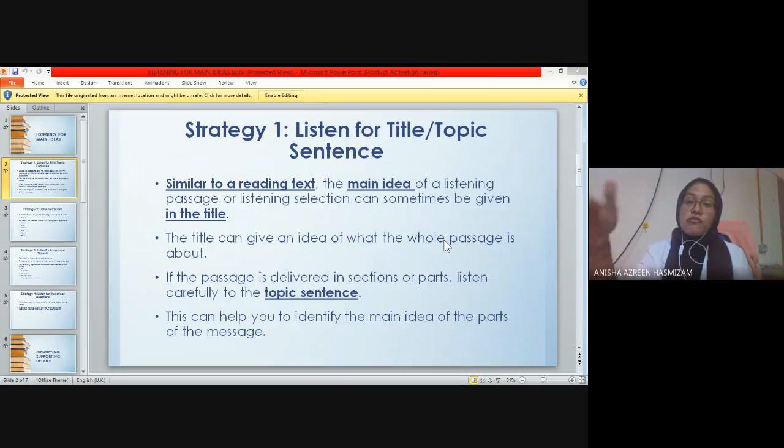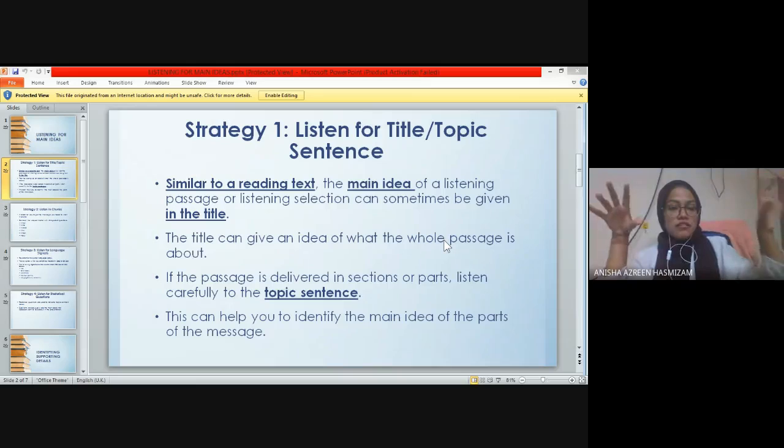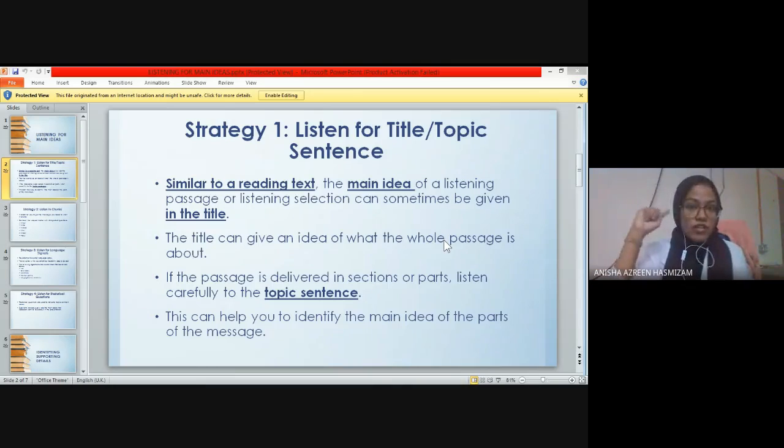Kalau dia tengah cakap pasal recycling, you akan dengar banyak perkataan recycling. Kalau dia tengah cakap pasal reduce, dia mungkin akan cakap banyak kali perkataan reduce tu. Ataupun, and we know kalau topic sentence dia dekat awal ayat kan. So sebelum dia ubah tajuk, daripada recycling kepada reusing katakan, dia akan cakap, okay, now we are going to move on to the topic of reusing, katakanlah. Maknanya kita dah tahu, oh okay, the topic is changing, instead of only about recycling, dia akan cakap pasal reusing pula. So now you know. Okay, just pay attention to the text. Kadang-kadang dia akan ada this transition untuk menandakan perubahan daripada satu topik kepada satu topik yang lain.